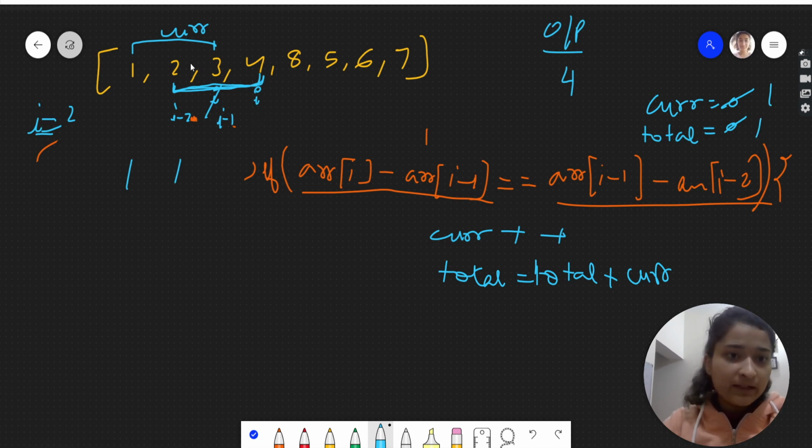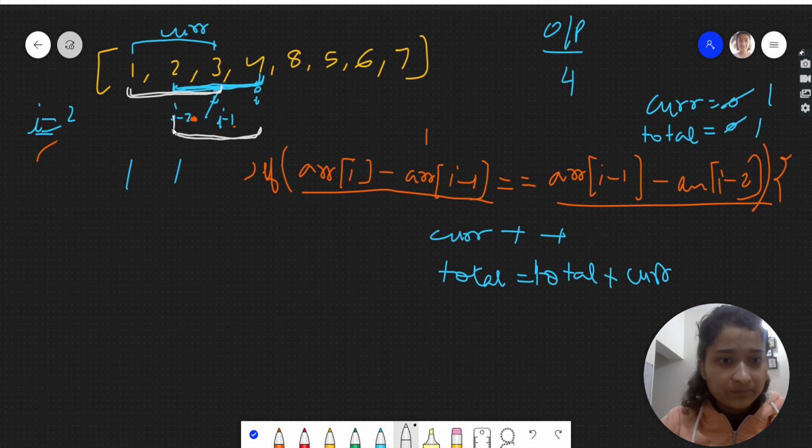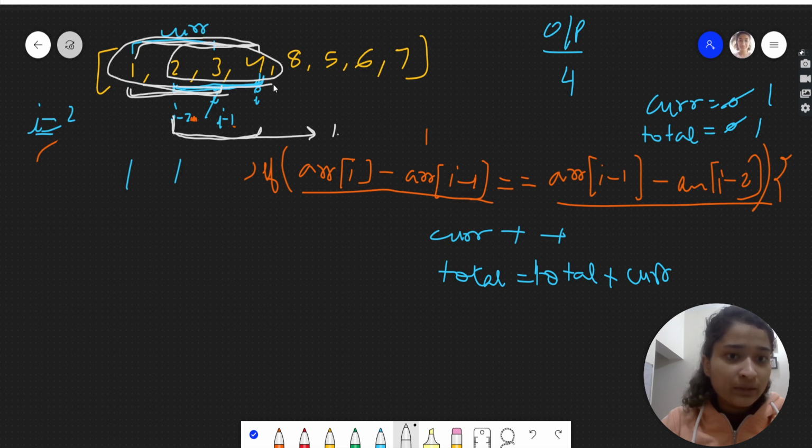Now when we get a subarray here at 2 3 4, this is also a subarray. Now see guys, just try to understand this. Earlier our subarray was 1 2 3, right? Now we get 2 3 4 also as a subarray. So one subarray is this 2 3 4. The other one which this 4 is making is 1 2 3 4. Earlier 1 2 3 4 was not there, but when we add this 4, it is another subarray, so this 4 was also contributing to this subarray, 1 2 3 4.